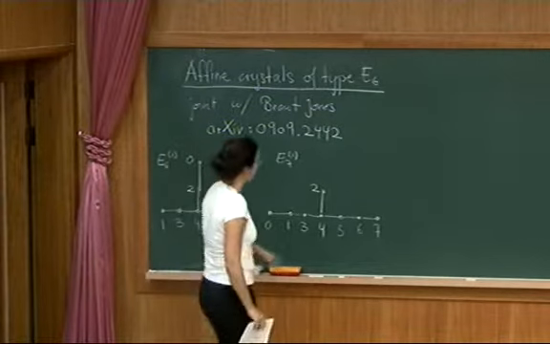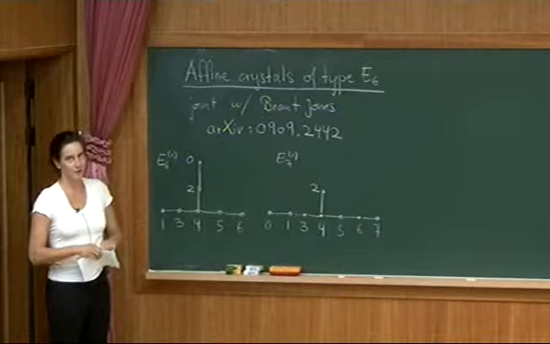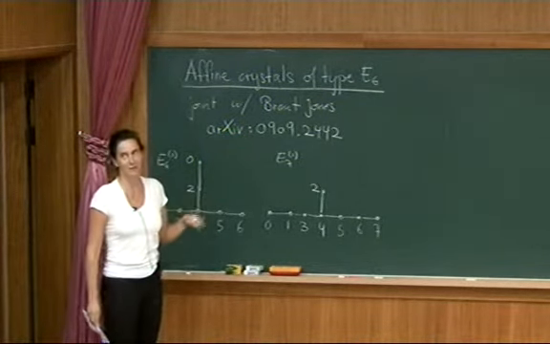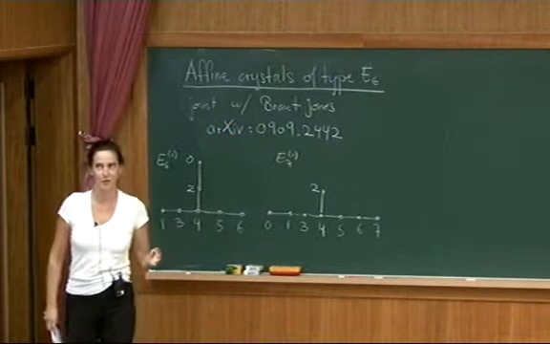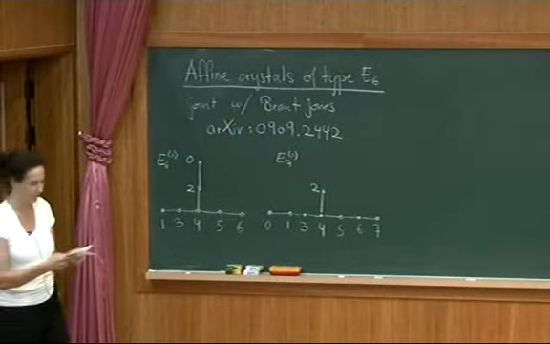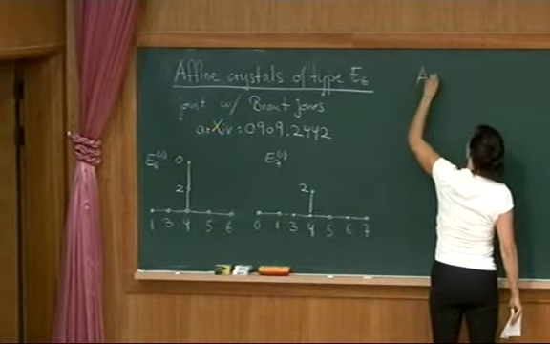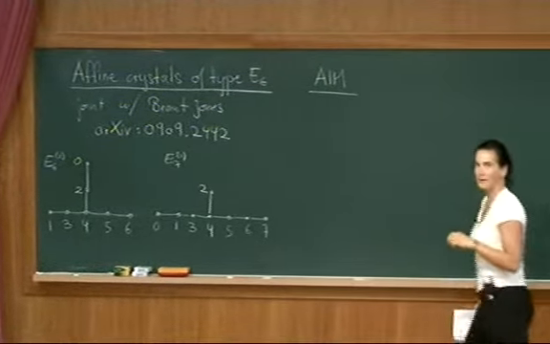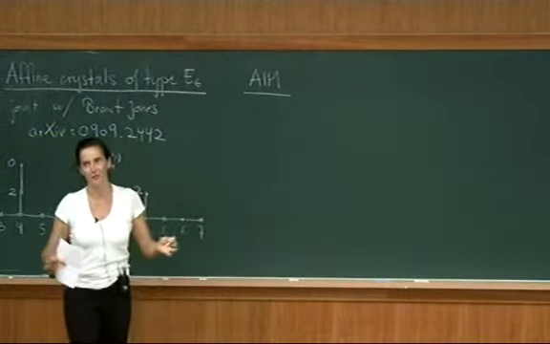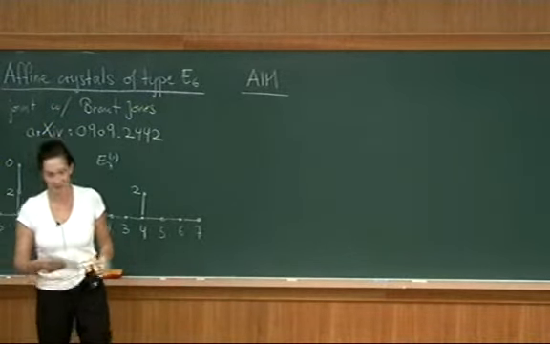So I want to talk about affine crystals for type E6. I will give you a theorem for these crystals for type E6, and I also will give you a conjecture for E7. And I will explain to you why the conjecture is a conjecture and not a theorem. But let me first outline the aim of my talk, and then, like Sasha did in his talk, after 5 minutes you basically know the whole story of the talk, and then I just fill in the details.